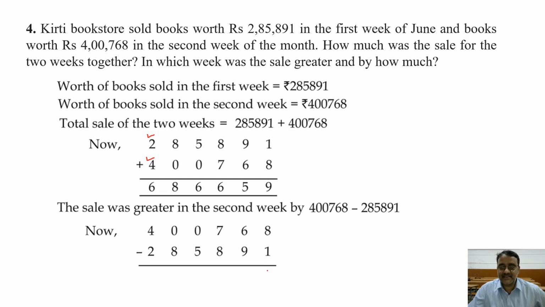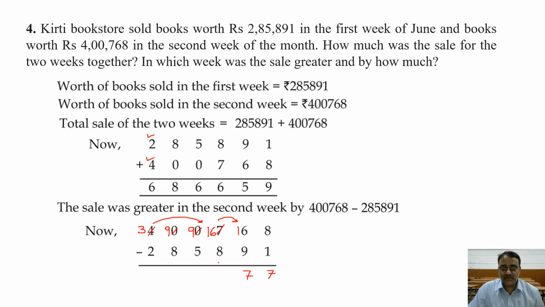8 minus 1 is 7. Now we cannot subtract 9 from 6. So what we will do? We will take borrow 1 from here. ठीक है, ये 6 हो जाएगा. Now 16 minus 9 is 7. Okay. Now again we cannot subtract 8 from 6. So what we will do? We will borrow 1 from here. तो ये 16 हो गया. तो क्योंकि दूसरे प्लेस से ले रहे हैं तो ये जो 0 है ये सब 9 हो जाएगा. 400 में से 1 ले रहे हैं हम लोग तो यहाँ पे 399 हो जाएगा.